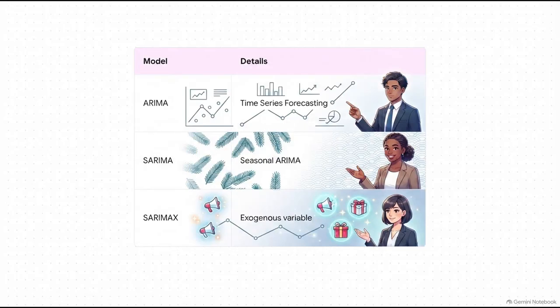And of course, as your data gets more complex, your models can adapt right along with it. You might start with the base ARIMA model utilizing past values. But what if your business has massive sales spikes every single December? Well, then you'd advance to SARIMA, which specifically accounts for repeating seasonal trends. And if you have outside factors driving the data, say marketing spend or a specific holiday, you can upgrade to SARIMAX, which brilliantly incorporates exogenous or outside variables alongside those past values.